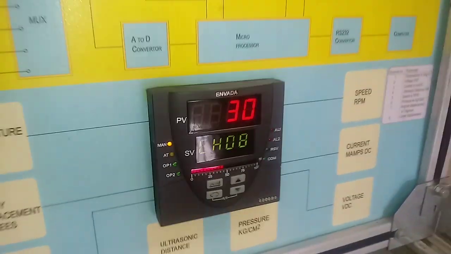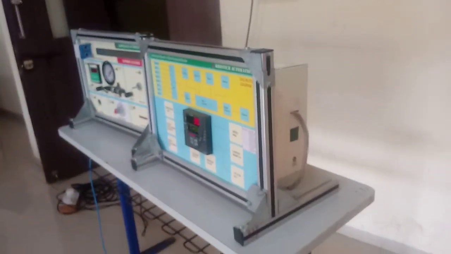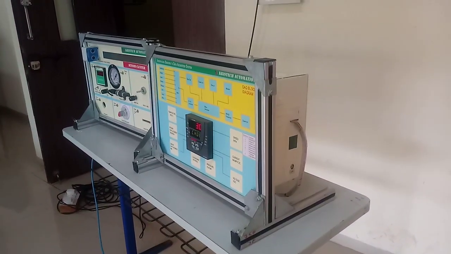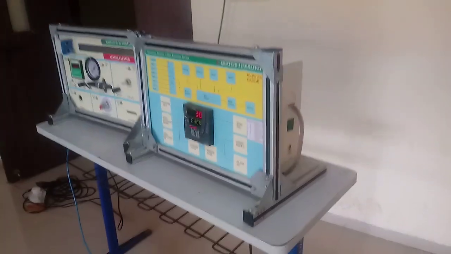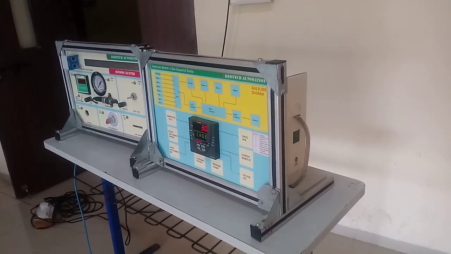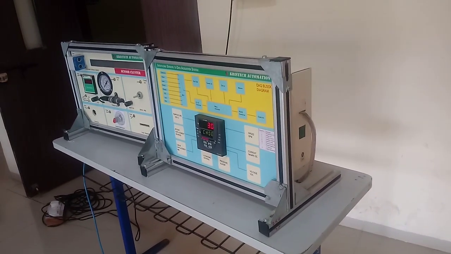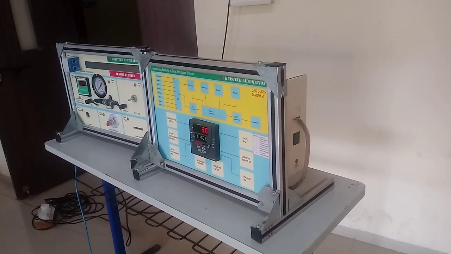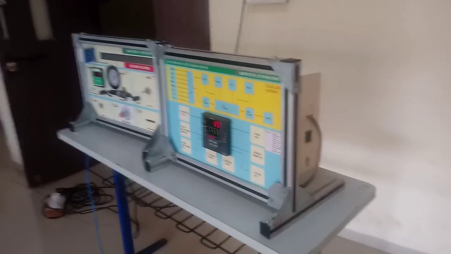30. So likewise in this way we can conduct this practical, and this whole setup can be connected to your computer. While connecting to the computer, you will require a USB interface, and through this USB interface the whole setup can be connected to your computer. The software required for the connection is called DAQ Master. With the help of DAQ Master you can operate, and even see the various types of graphs of these sensors. One sensor can be seen at one time, or a number of sensors can be seen at the same time. So that is the beauty of this data acquisition system.